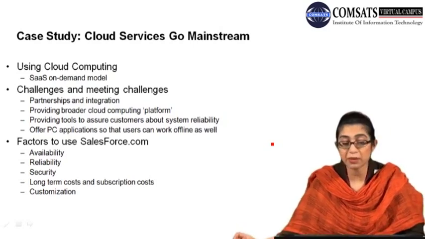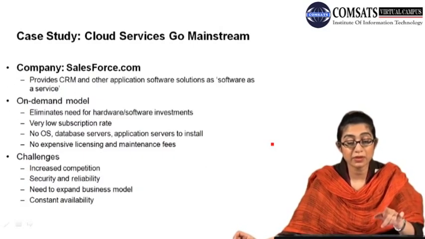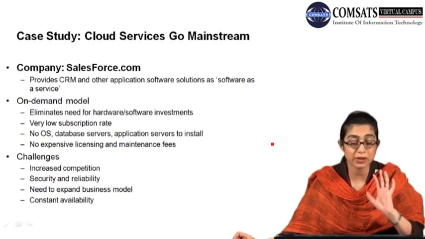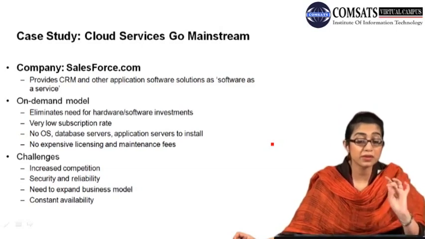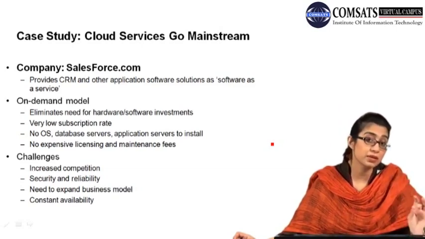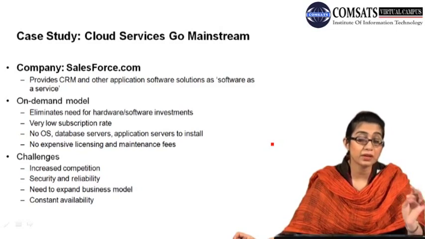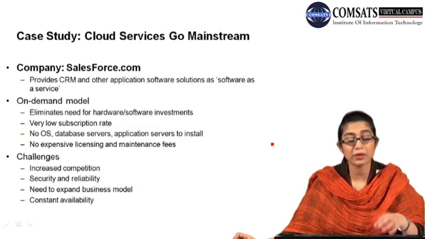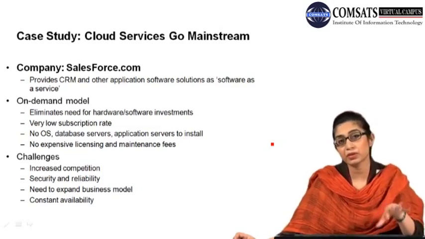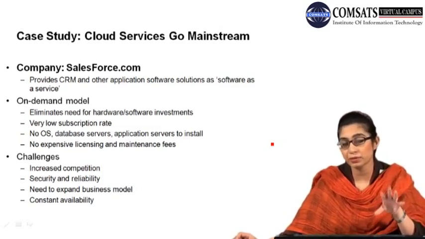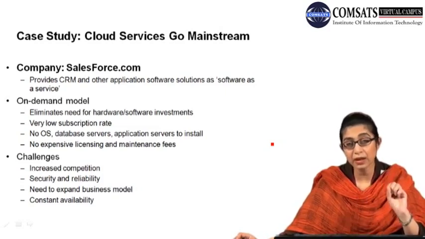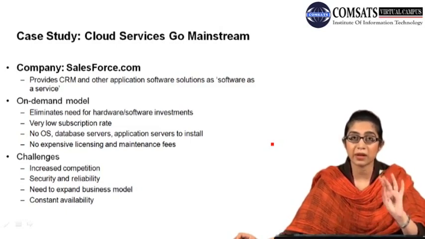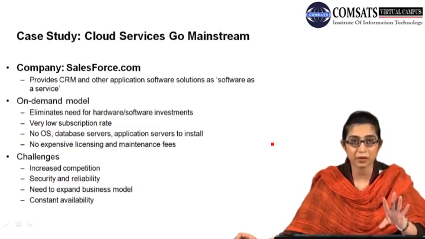Right जी, जब हमने challenges की बात की थी, we said that on demand model के benefits भी हैं और challenges भी हैं. The last point was the challenges. Challenges क्या थे? Increased competition था from the traditional companies that are already working with them, as well as the emerging companies, ठीक है, the new companies that were following the same pattern as well. So they had the increased competition from the competitors. Then they had the challenge of security and reliability. Why? Because उनके reliability breach जो थी वो 2 बार खराब हुई थी.